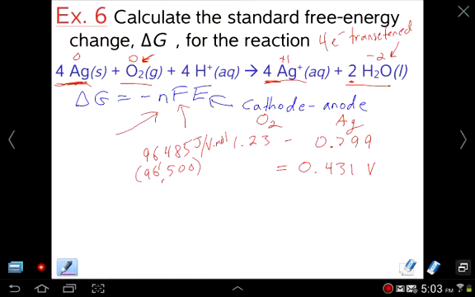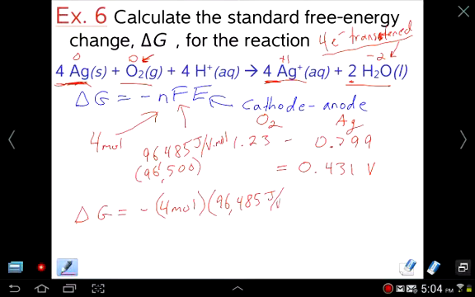And in order to see this, you'll have to balance the equation, and once you've balanced the equation with the lowest whole number coefficients, you'll get N. So in this case, N is 4 moles. So plugging everything in to solve for delta G, we've got -4 moles of electrons times the Faraday, which is 96,485 joules per volt mole, multiplied by 0.431 volts. What you'll see is that the volts cancel out, the moles cancel out, and what you get is